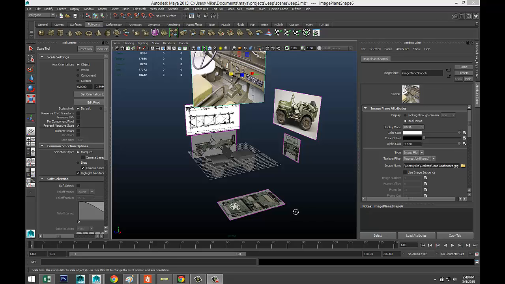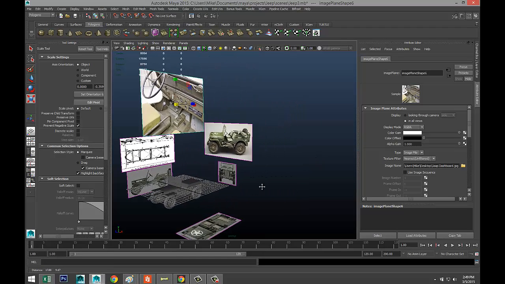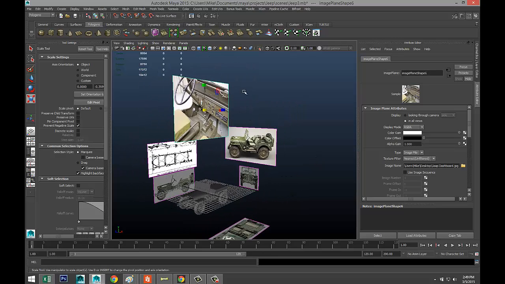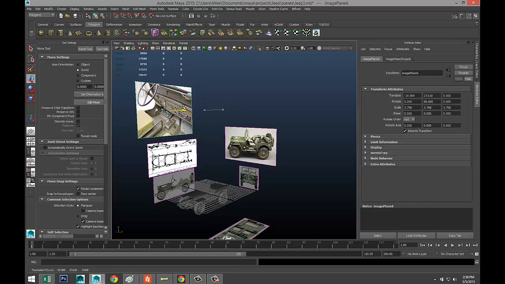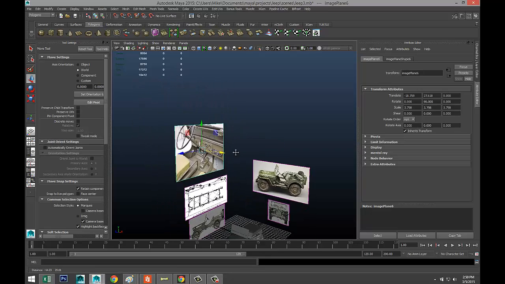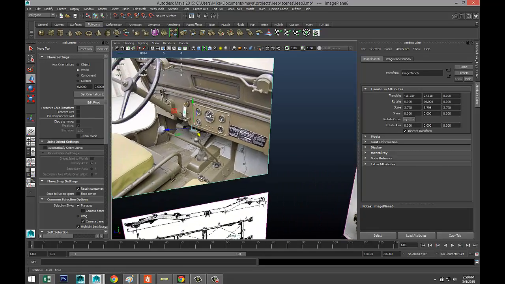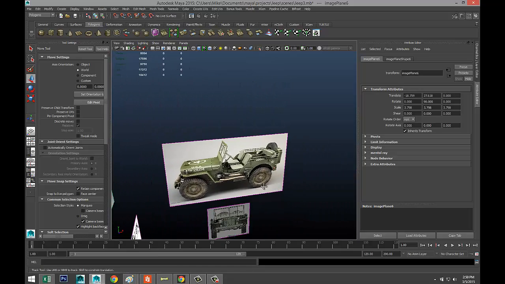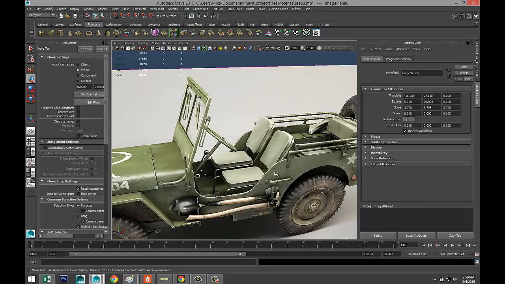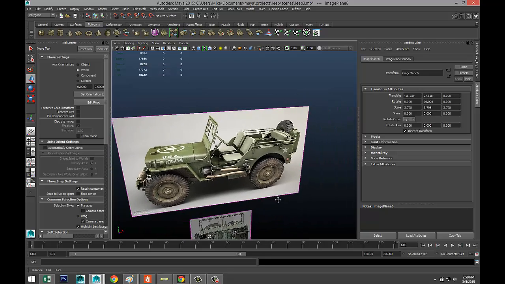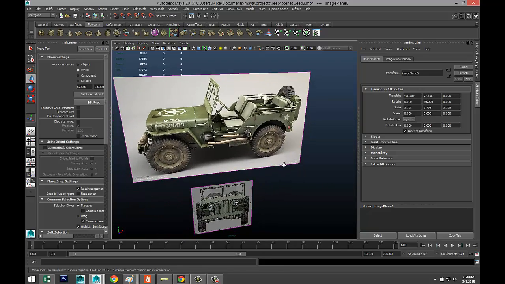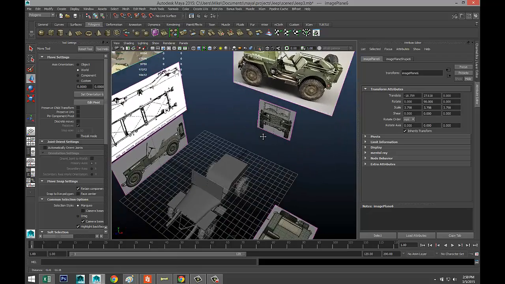All right, now we left off where I mentioned that I would try to get some better reference images. So I found a picture of the dash, okay, and a picture of a real vehicle, which will help me a lot to kind of understand the interior of the vehicle and so forth. All right, cool. So what we're going to do is I'm going to start off with the focus on the